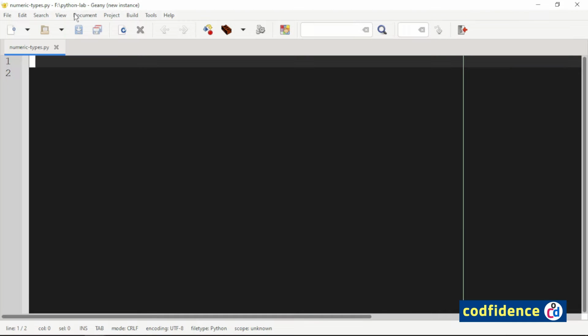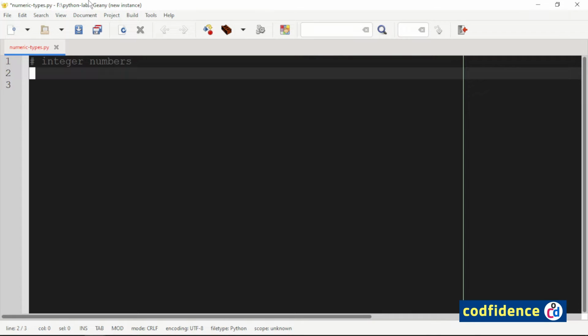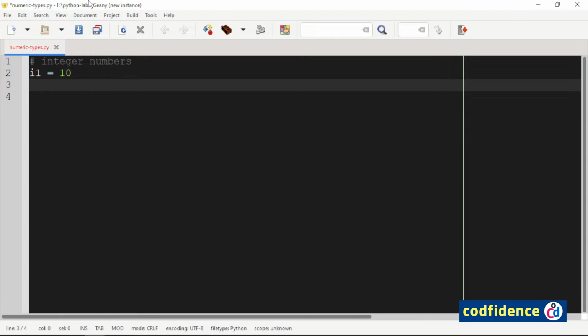Let us add a comment first. Then create a new variable i1 and assign the value 10. Add a print statement to print the value of i1.